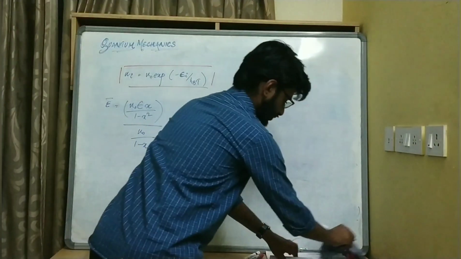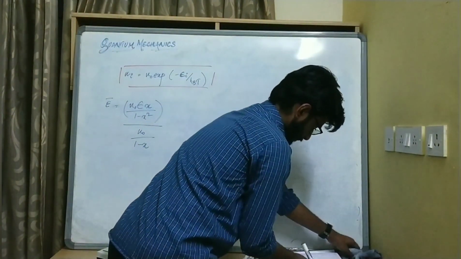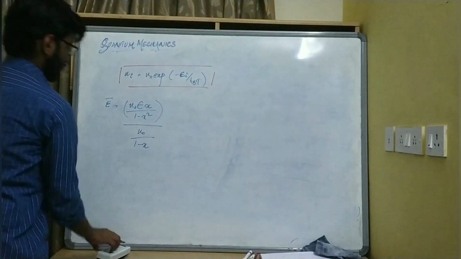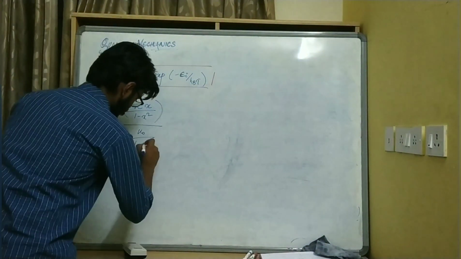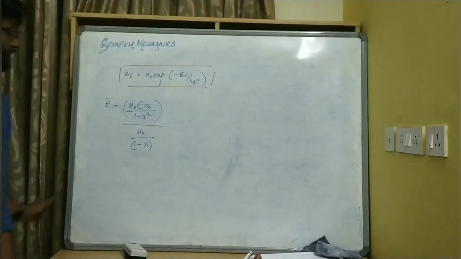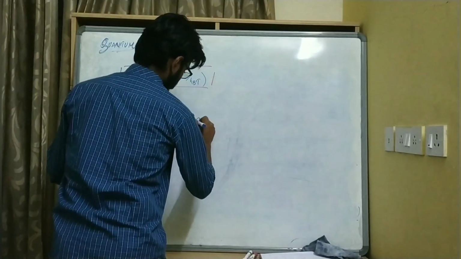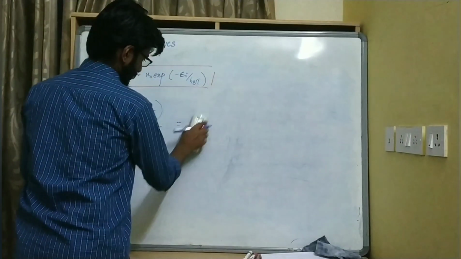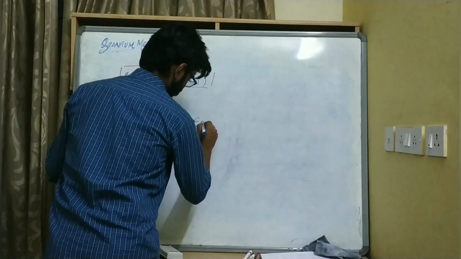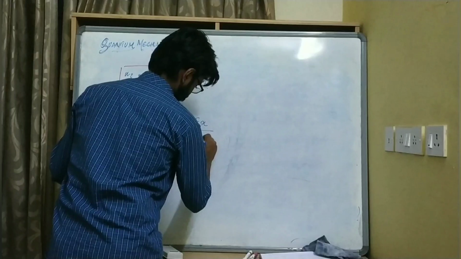Just let me check this once. Yeah, this is n0 by 1 minus x. So simplifying this, we get epsilon x by 1 minus x,